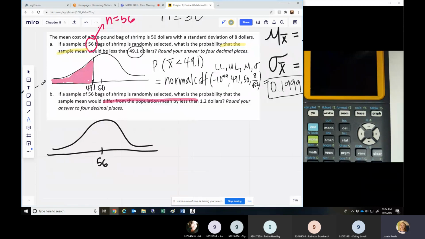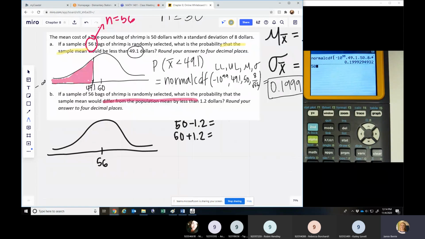Okay, so it says, what's the probability? Now I've drawn the curve, I've marked my mean. Now I'm going to look for my numbers of interest. It says, what's the probability that the sample mean would differ from the population mean, which we said was 50. So would differ from 50 by less than $1.2. Okay, so we need to go down $1.2 and then up $1.2. That says 50, not 60. So that would be,